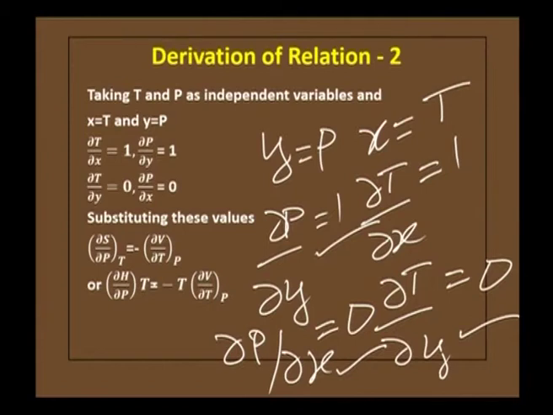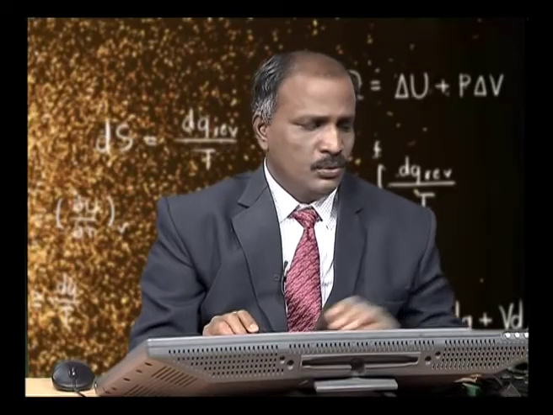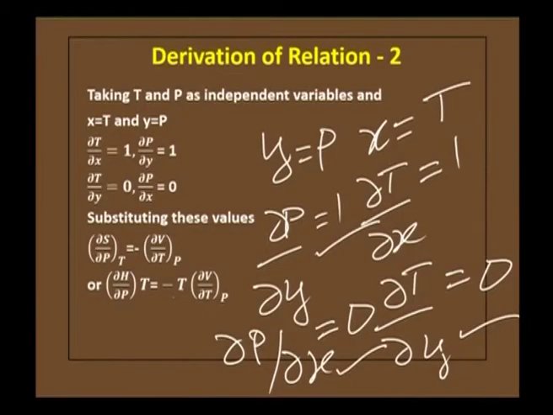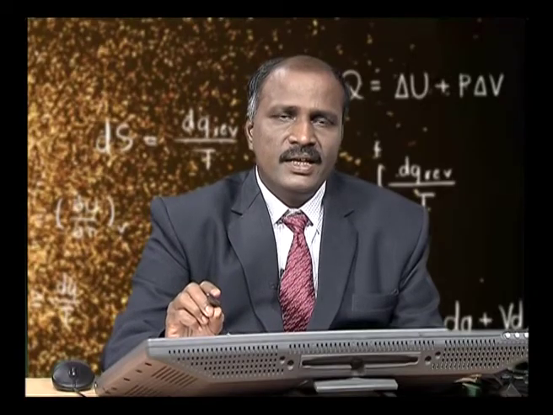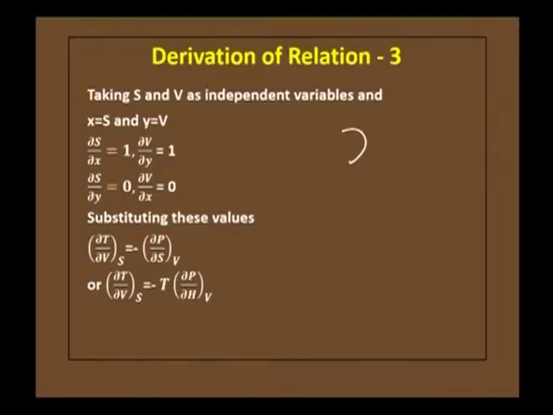In the previous equation, we get ∂s/∂p is equal to minus ∂v/∂t, or I can write ∂h/∂p at constant t is equal to minus t into ∂v/∂t. So, this is the relation 2. The relation 2 is ∂h/∂p at constant t is equal to minus t into ∂v/∂t. The relation 3 is similarly taking s and v as independent variables, where x is equal to s,